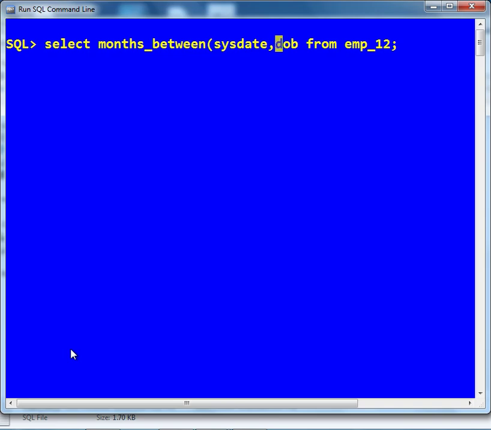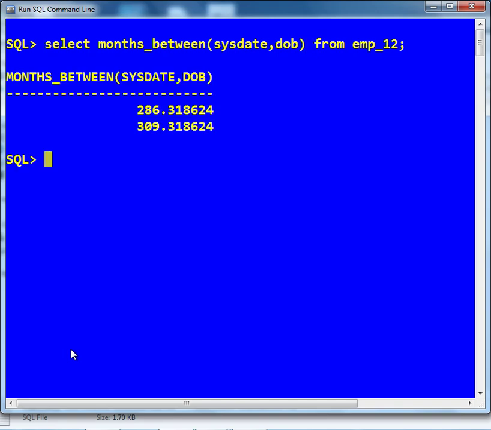We are passing two parameters, sysdate and DOB, from EMP underscore 12. It is giving me the difference between sysdate and date of birth in months, so it is giving me age in months.